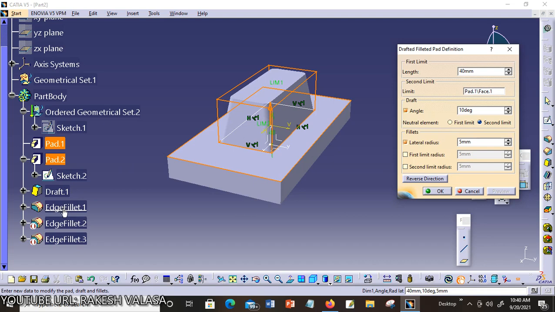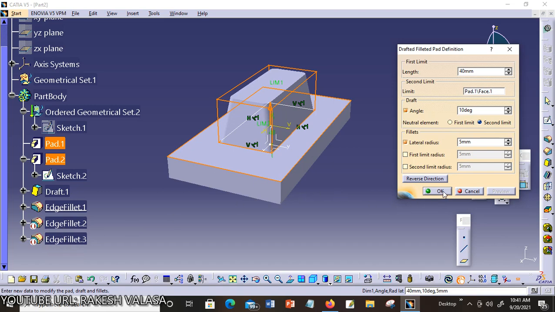You can see here edge fillet 1, edge fillet 2 and edge fillet 3. The draft or fillets are then displayed as deactivated features. You can see here first limit radius and second limit radius deactivated. These two options are shown with red parentheses.